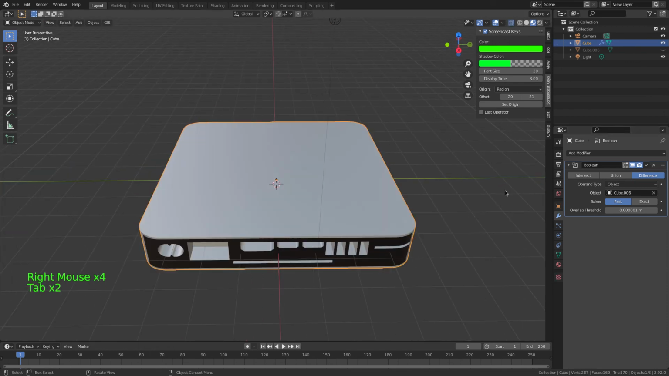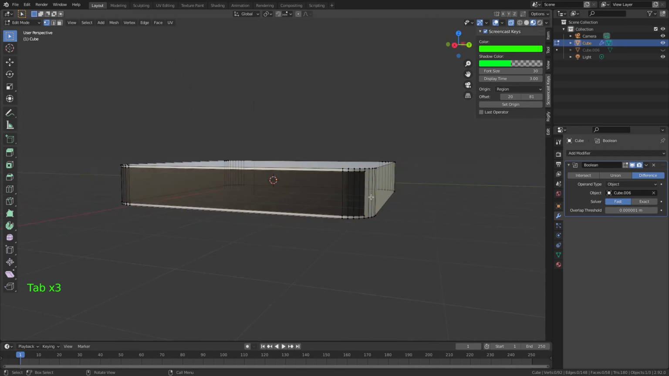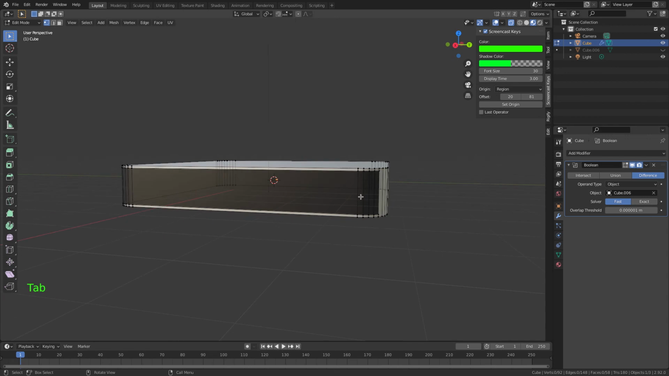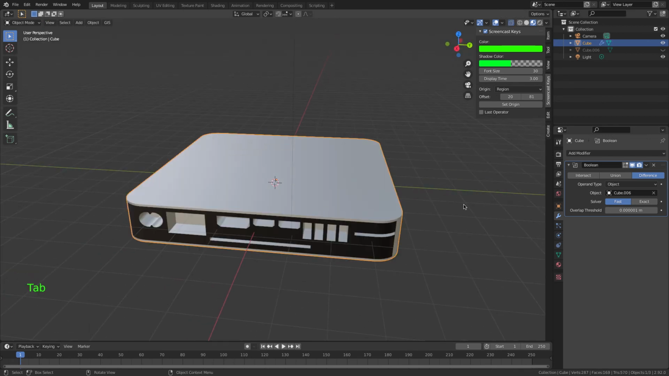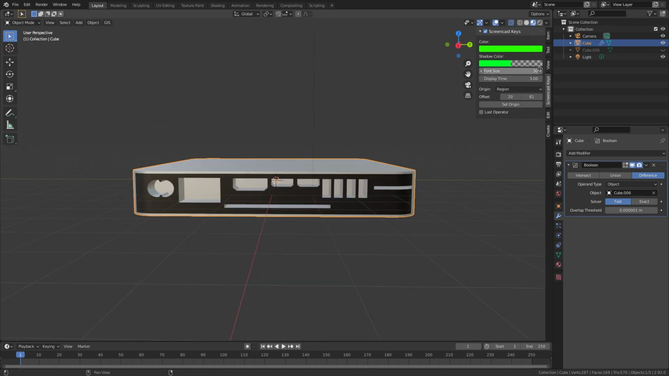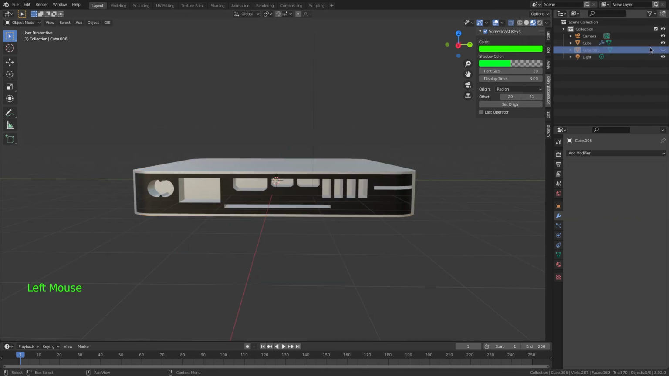Good. Now if you tab into edit mode and want to edit something, they're gone. That's because they're not actually there. So, hope you're happy with it. You can obviously change the textures, and if you unhide that,